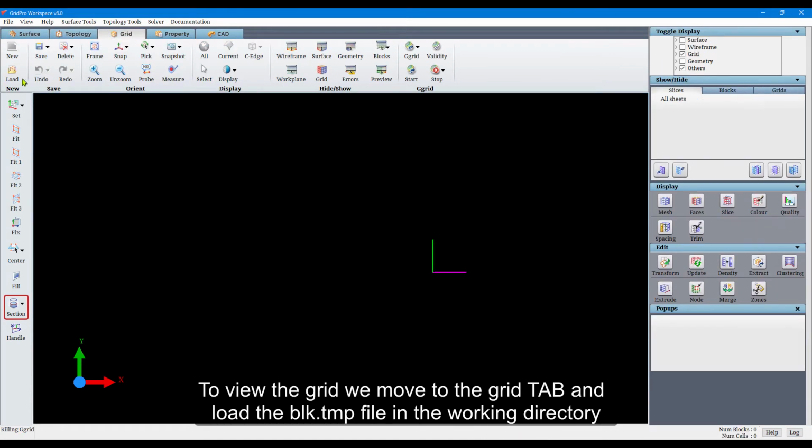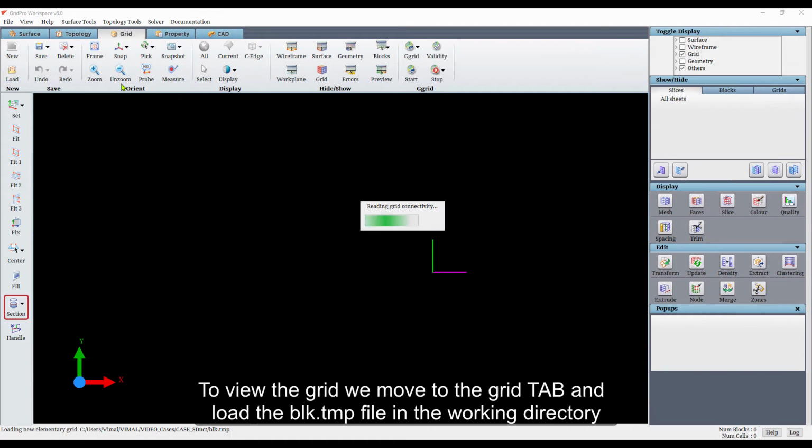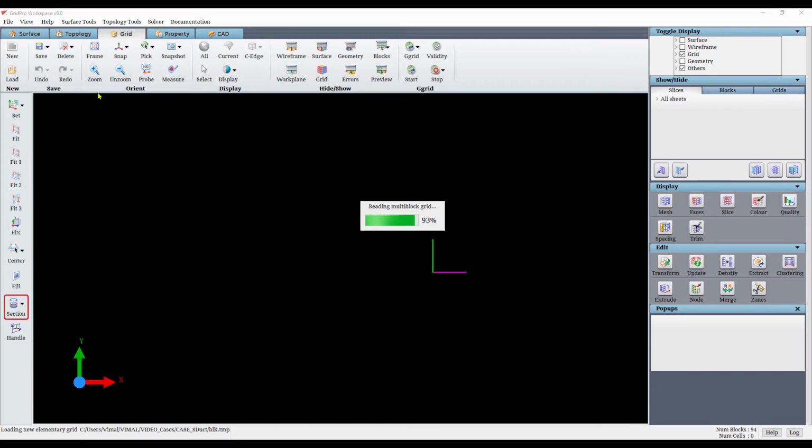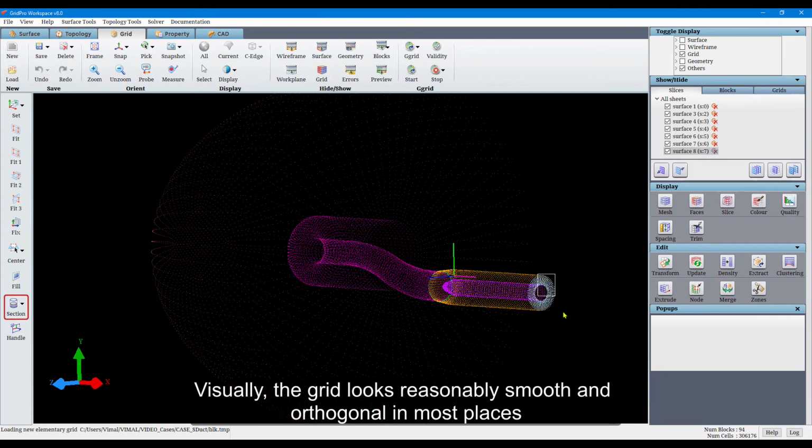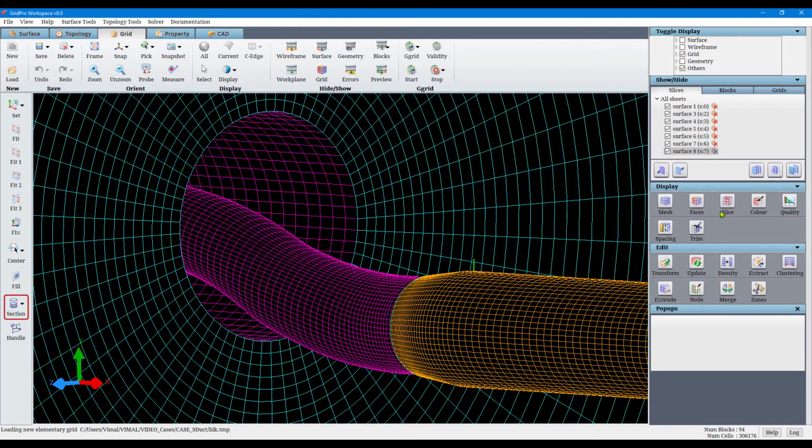To view the grid, we move to the grid tab and load the block.temp file in the working directory. Visually, the grid looks reasonably smooth and orthogonal in most places.